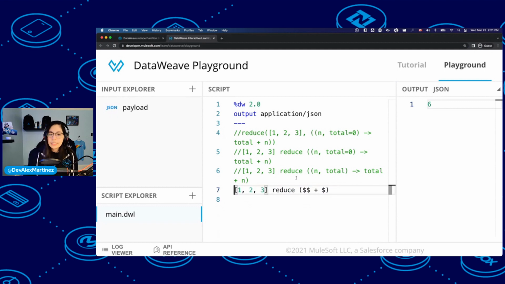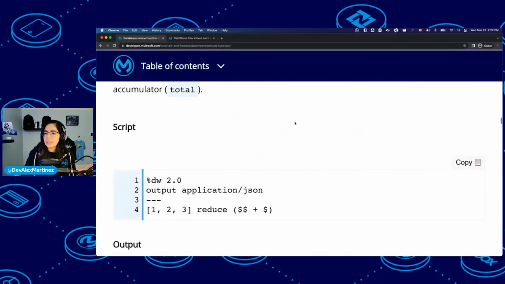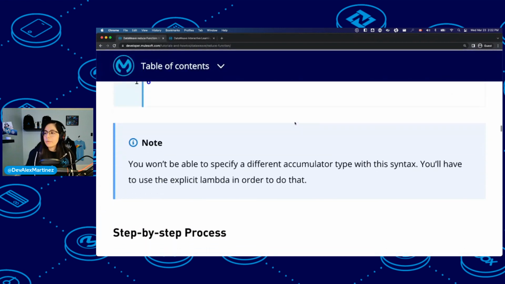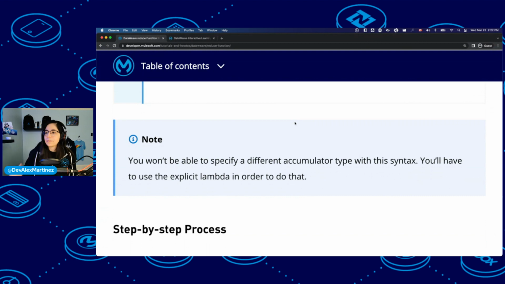So for the $ sign syntax, exactly the same functionality can be achieved using the $ sign plus $ sign, because it's just going to keep doing the sum right there. For this specific case, for others, might not be that simple. So there, now that we understand that, also, you won't be able to specify a different accumulator type with the $ sign syntax.